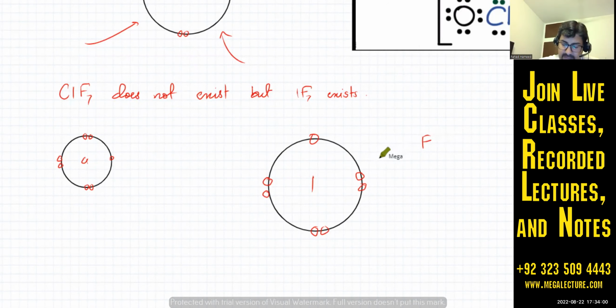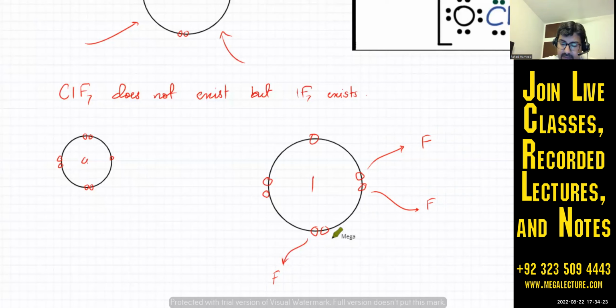So when fluorines come in, fluorine needs 1 electron. So it's able to pull this 1 electron and share it with itself. There's another fluorine coming in, and it's able to pull that 1 electron and share it. There's sharing happening. So think about it in dot and cross diagrams. Sharing of electrons. I said there's another fluorine coming in, and another electron of iodine gets slightly pulled towards fluorine,